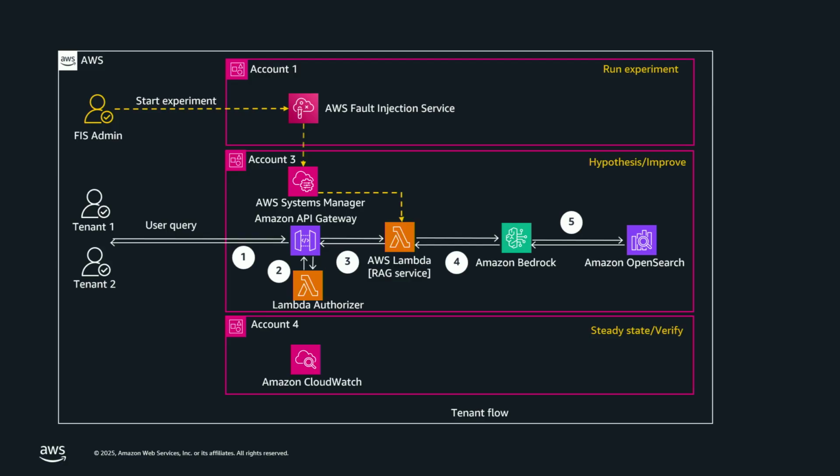So what you see is very similar to pattern 1. The only difference, or the point that I want to highlight, is whenever a tenant sends their query, the Lambda authorizer dynamically generates an attribute-based access control policy or tenant-scoped credentials as part of the request, and then it passes that to the API gateway, and the API gateway passes those credentials based on the principal in terms of the IAM role attached with that tag, and that tag will be eventually passed on to the Lambda,